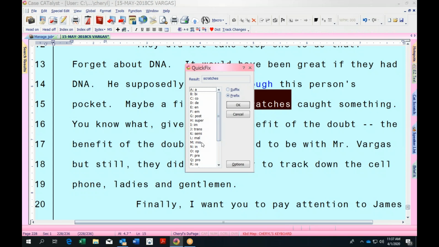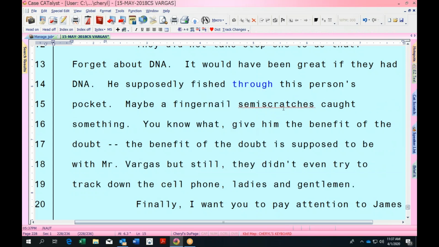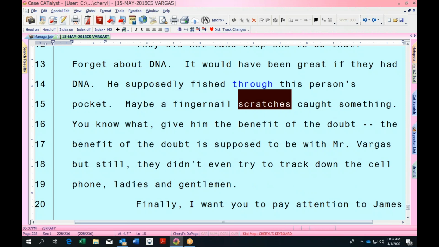Say for instance, I wanted it, it's not a word, but semi-scratches. It creates the word just by hitting the S key to make that semi-scratches. Some of the other things that you could do, like I said,